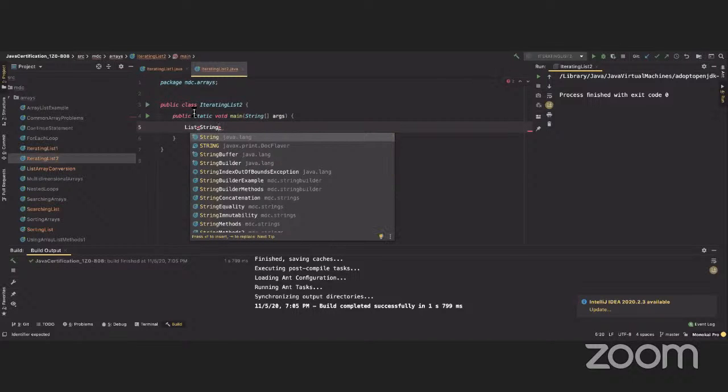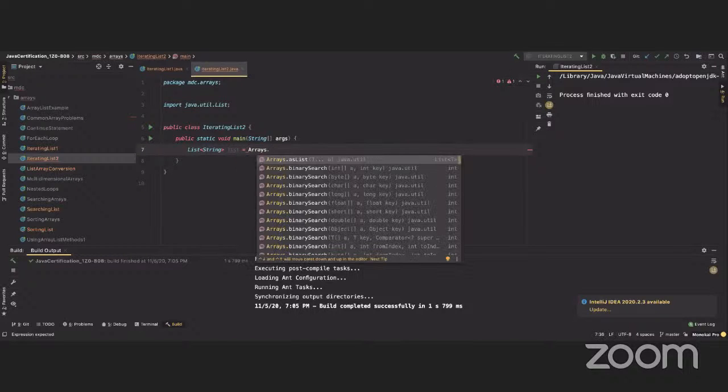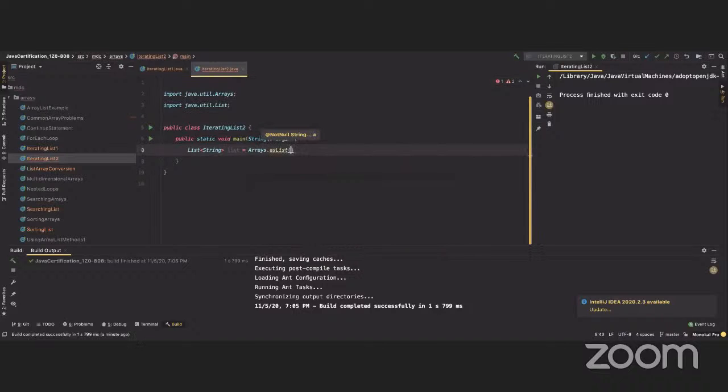And as you can see, it will automatically import that guy. You see, it imported it already. And we're going to say list equals Arrays.asList, right? And then we're going to have a method call. Okay, we're going to say createArray. Okay, so that's a method call. In the method call, we're going to say here, down here,